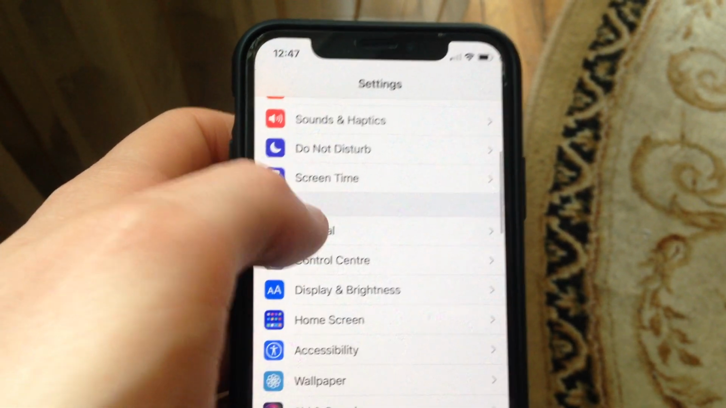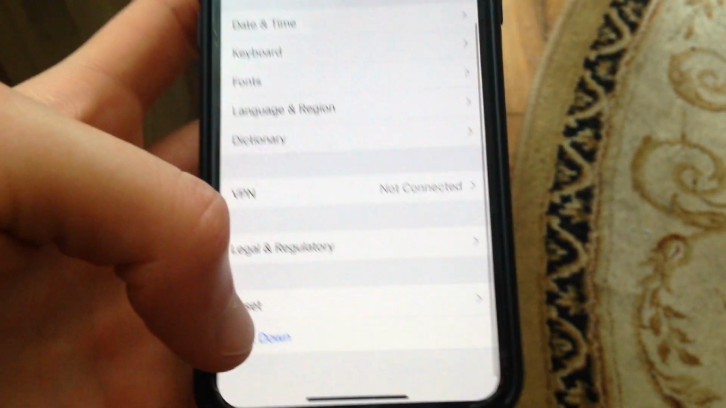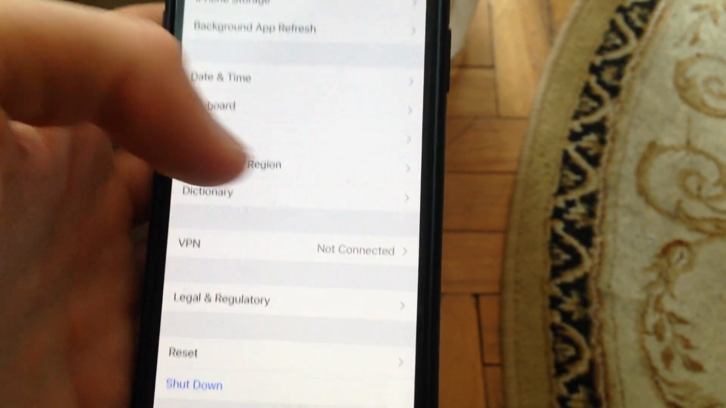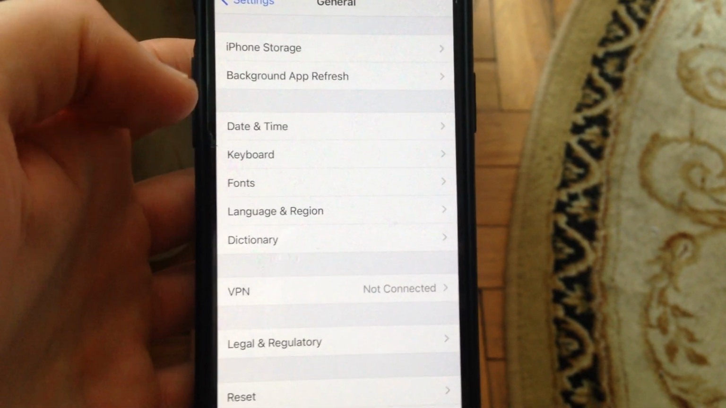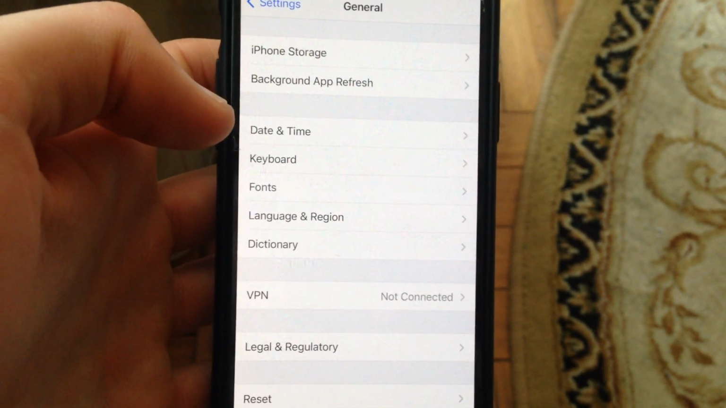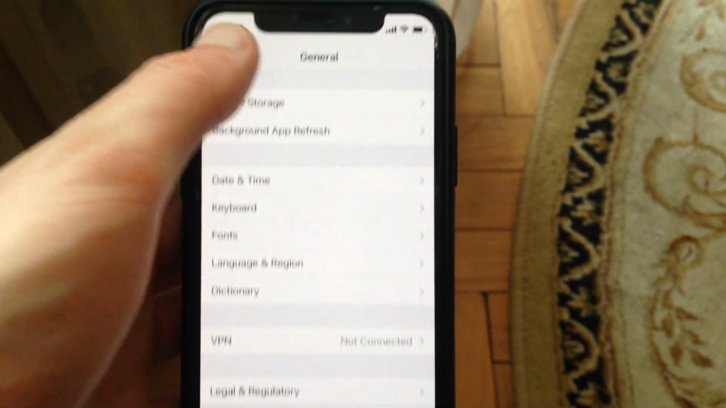And if you still have this issue, just go to the general, scroll down, find here shutdown, slide to power off, wait a few seconds and just power on your phone again. So just simply restart your phone. And if it doesn't help you too,